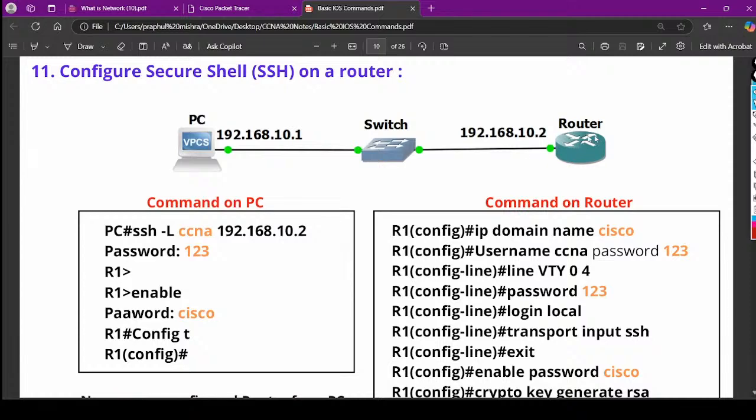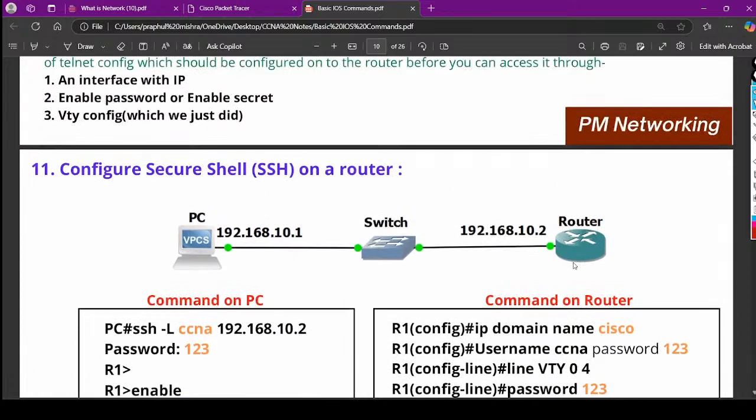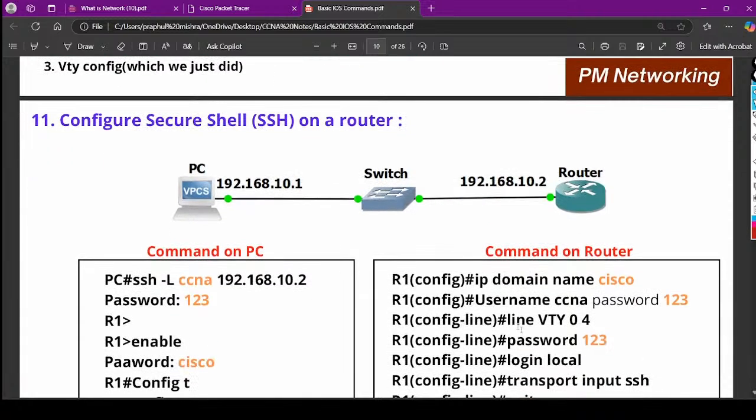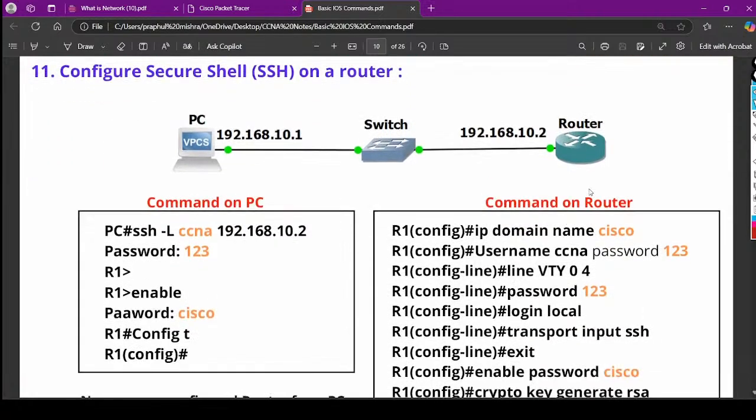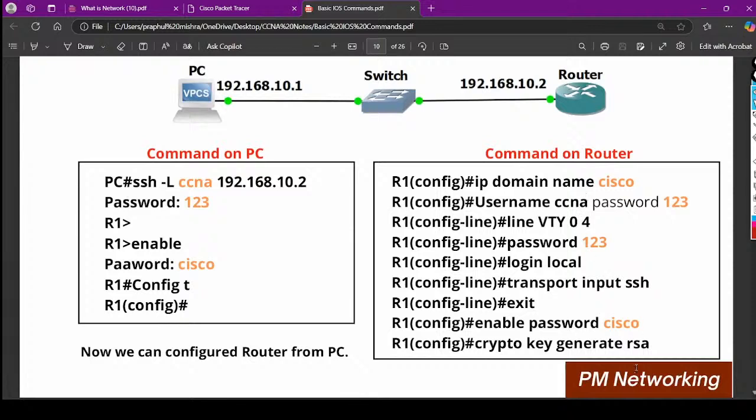And to enable SSH, first of all, we need to define the domain name. Why is the domain name required? Because SSH is secure. It uses an SSL certificate. For the SSL certificate, we need an RSA key, and for the RSA key, we need a domain name, right? So for SSH, we'll define the domain name, then we'll generate the RSA key, and after that we are going